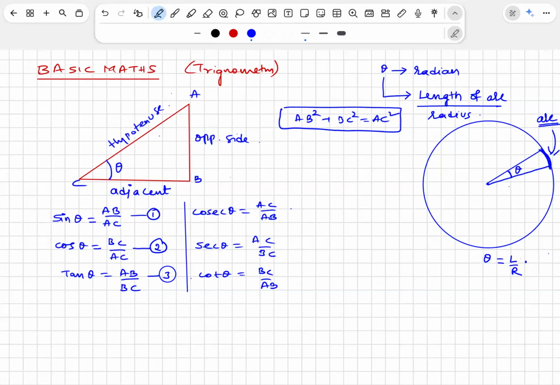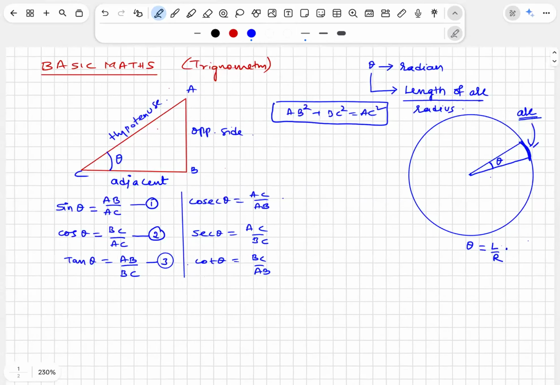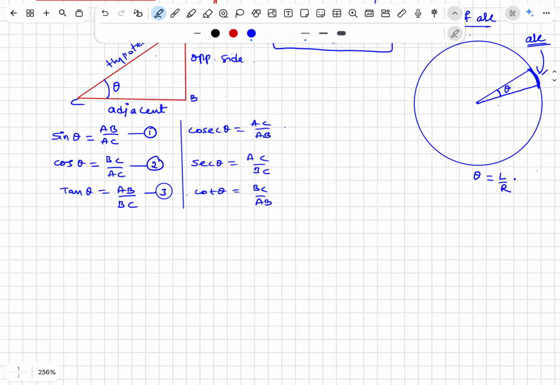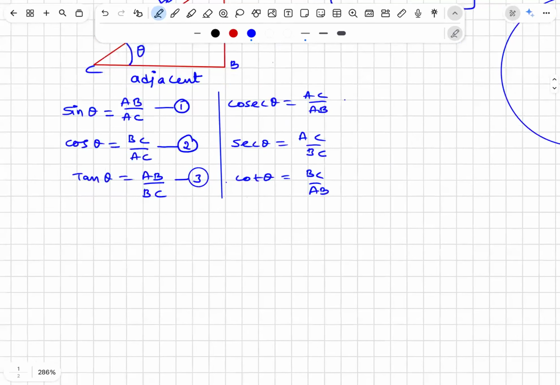So basically what I have done, I have defined angle in terms of radian, and I have demonstrated the different ratios from that one single right angle triangle. Along with this, there are other relations. I'm just extending this. That's all. Whenever you see